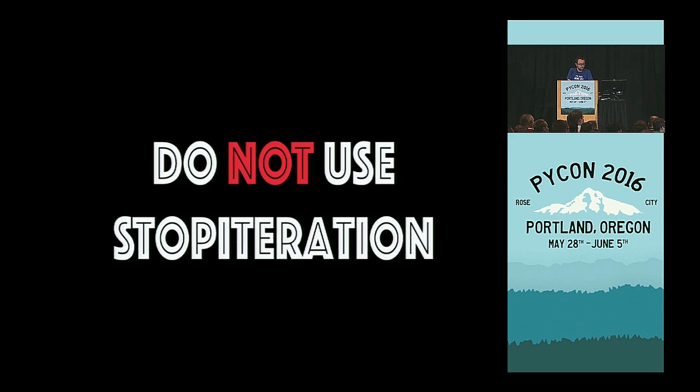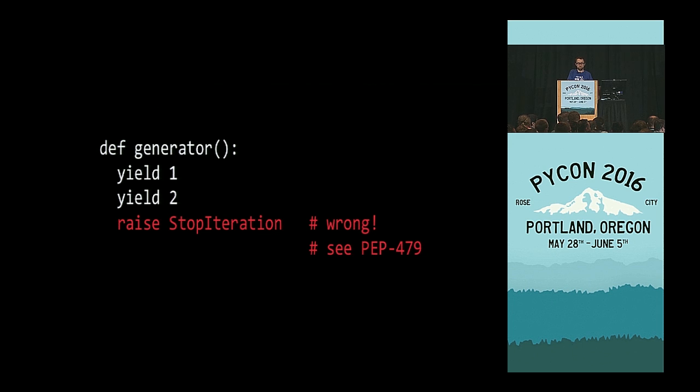So again, coroutines are based internally on generators. You don't have to know about this now, but they are. So stop using StopIteration. This is wrong. This is going to cause trouble for you. But in Python 3, as I said, there's many nice things about it. You can just return from a generator. It's awesome. Do it. That does the right thing.